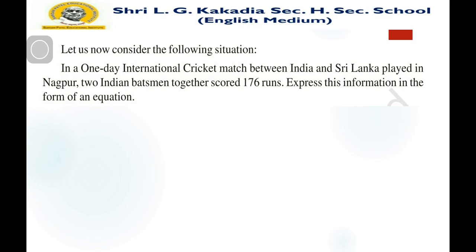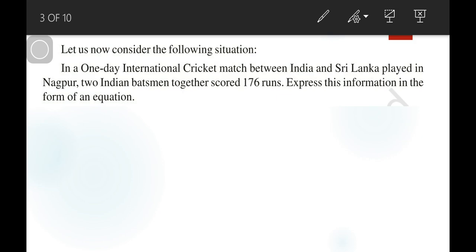But here we don't know how many runs were scored by each person. So we have to assume some variable. As we know, if no value is given, then we always assume some variable, some alphabetic term, to solve such a situation. Now here there are two batsmen, so we have to assume two variables to solve this example. So we assume,